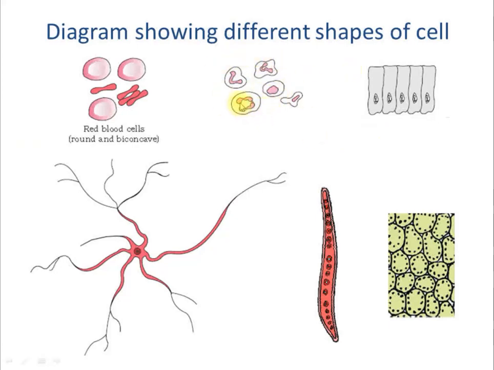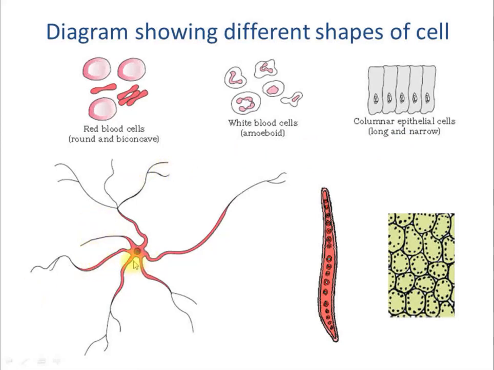Yes, very easy. This is a WBC, white blood cell. And what is the shape? Yeah, it looks like an amoeba, right? That's why amoeboid. Next one, shape very easy to recall, right? It's a long and narrow structure, and also remember it's a covering tissue. Covering tissue is referred to as epithelial, and it's columnar epithelial cells, right?